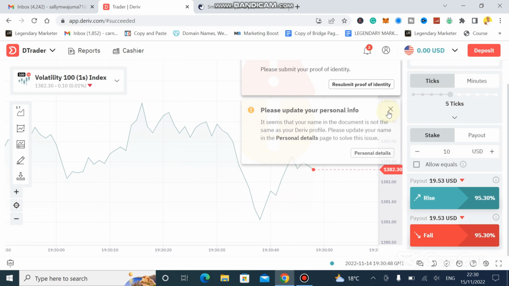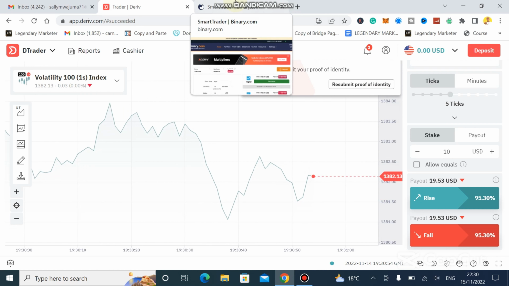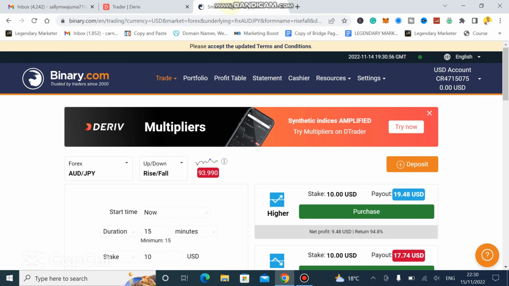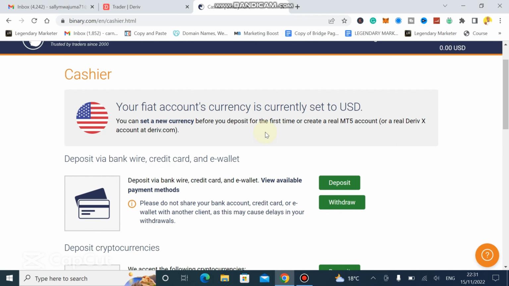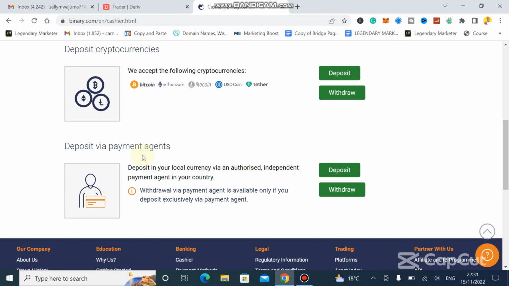So what we've done today, basically, we've created a Deriv and a binary account that enables us to trade. Now in the next video, we are going to do our deposits to this account, and when you want to deposit, you just come here at cashier, pick a way of deposit. You can see you can use your bank cards, and you can use deposit via agents, which is immediate. So you just come here to deposit, you pick your currency, you hit continue,